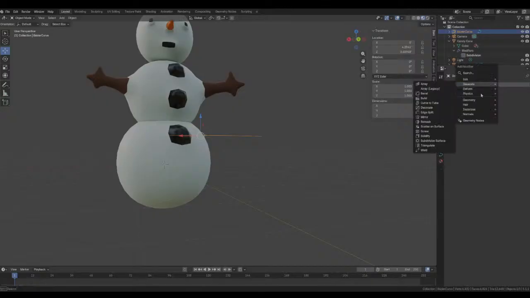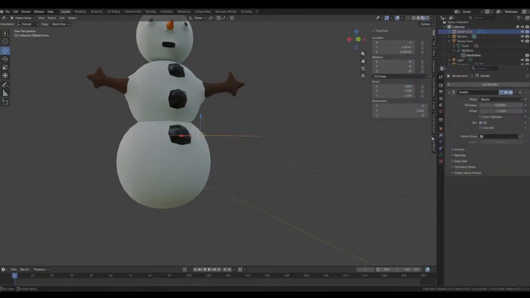I gotta figure this out. Geometry here. I think I forgot how to do it.